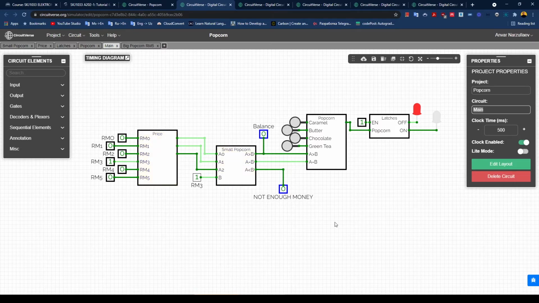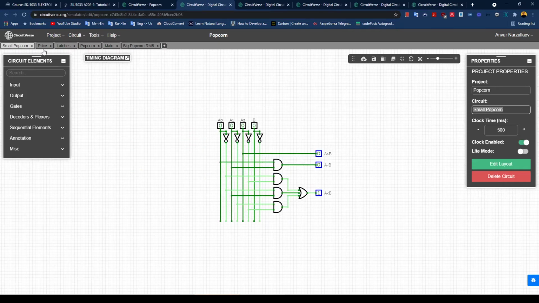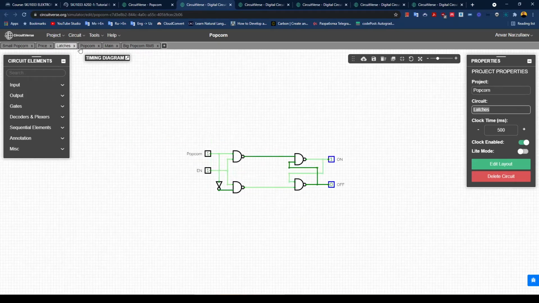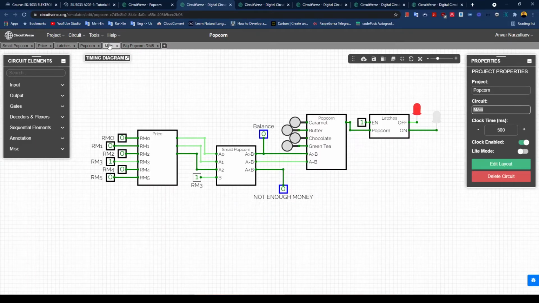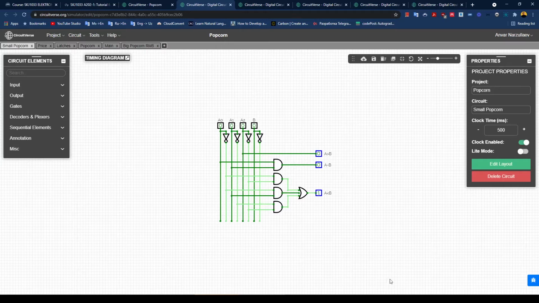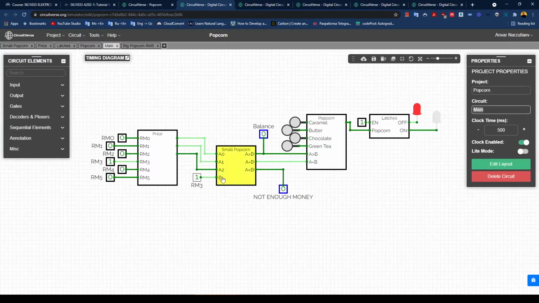When you design the circuit, try to make it like this one, you see, it's not cluttered. All of the small circuits are separated into separate sub circuits. So these are called the sub circuits. This is your main circuit, and all other circuits are separated into the smaller sub circuits. So anyway, this is one of the projects, and how it works is that you want